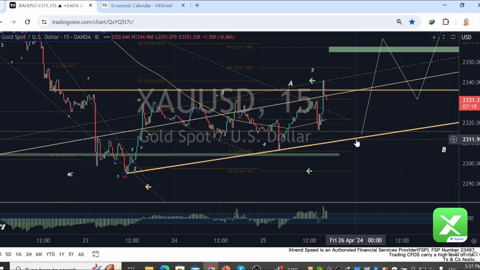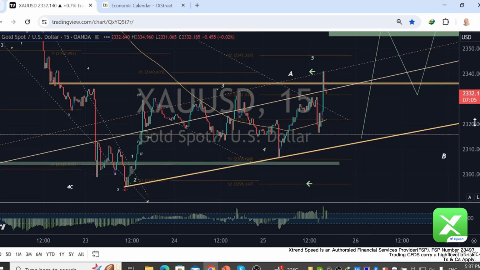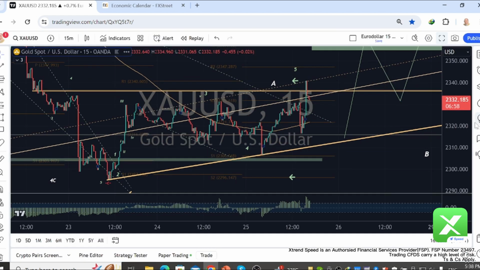So our best entry is end of day tomorrow. Our best entry is already 2,300. Support one today. Even doing 2,300 is very close to the lower boundary of the ascending triangle. We could consider to take that entry, hold it across the end of the week, hold it going into next week to 2,400 levels, the market top.